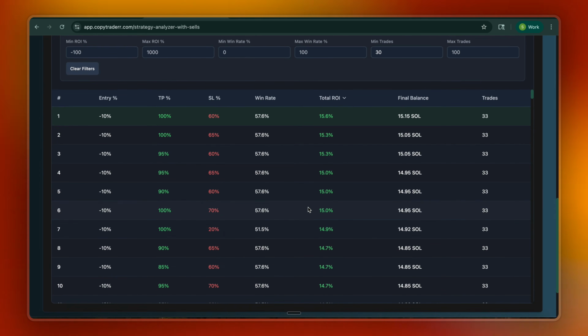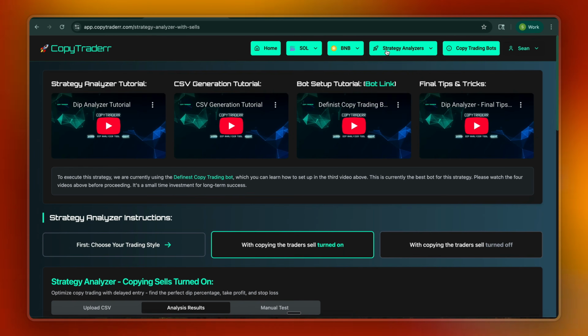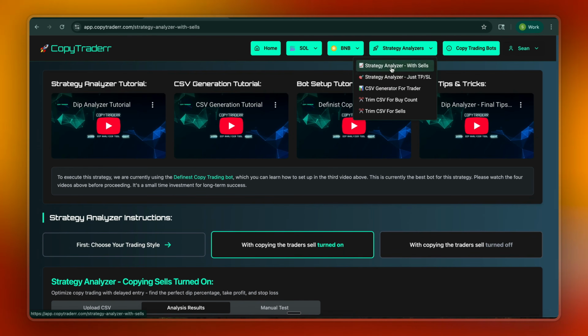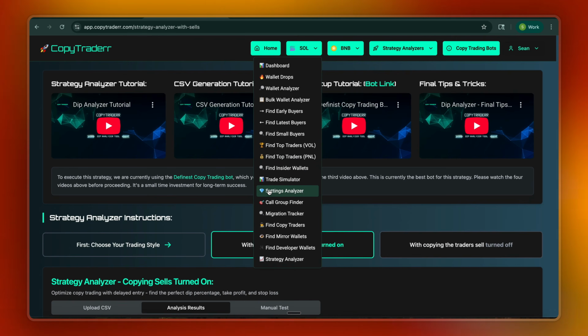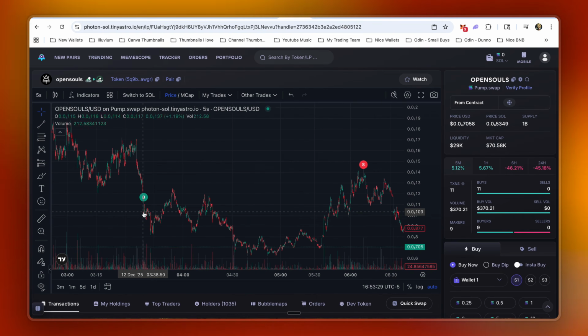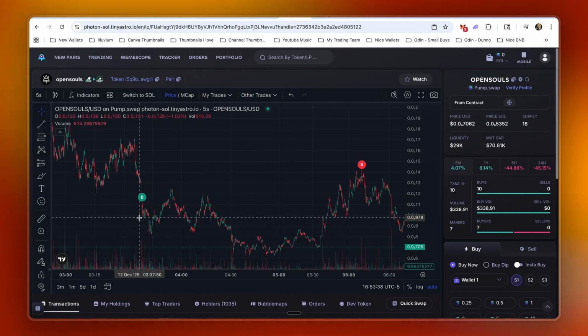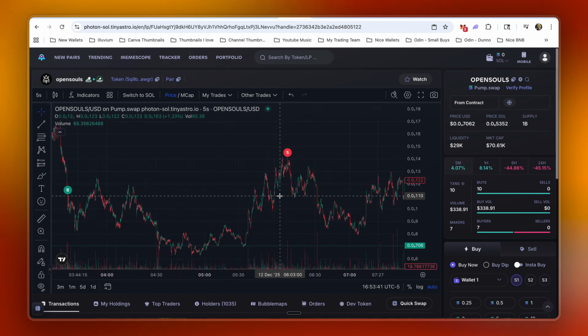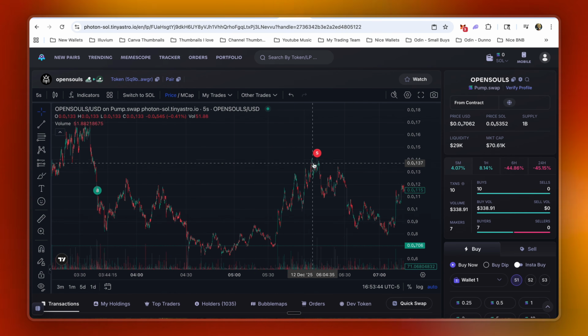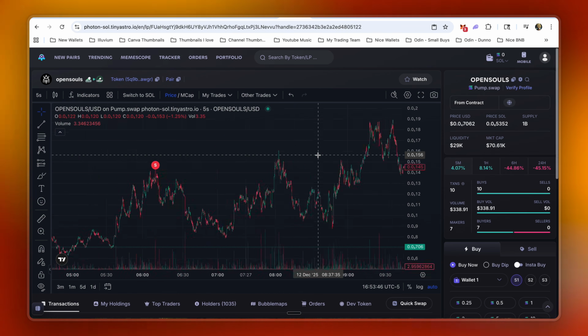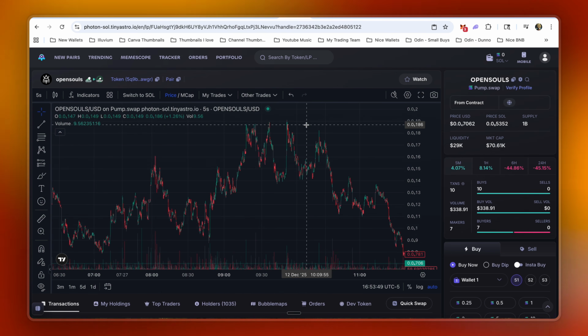With time and effort, there's no limit to how much money you can make. So you might notice that there's two strategy analyzers. Well, what we've done is we've combined the old settings analyzer, which would take the information from the point of entry to the point of selling and beyond, all the way to the final point of the token, give you the best entry strategy as well as the best exit strategy to know whether or not you would make more money copying the trader's sell or by just utilizing a take profit or stop loss like you would on this